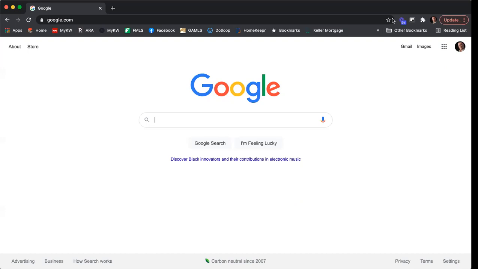So to get started in Command, I'm just going to open up a browser in Chrome. It's very important that you use the Google Chrome browser. The system is built on the Google platform, so Google Chrome is going to be the only browser that allows you to optimally use Command. You can access Command through other browsers, but a lot of the applets aren't going to work properly. So if you don't have Google Chrome, start by downloading that. It is free. And then to get started, I'm going to go to